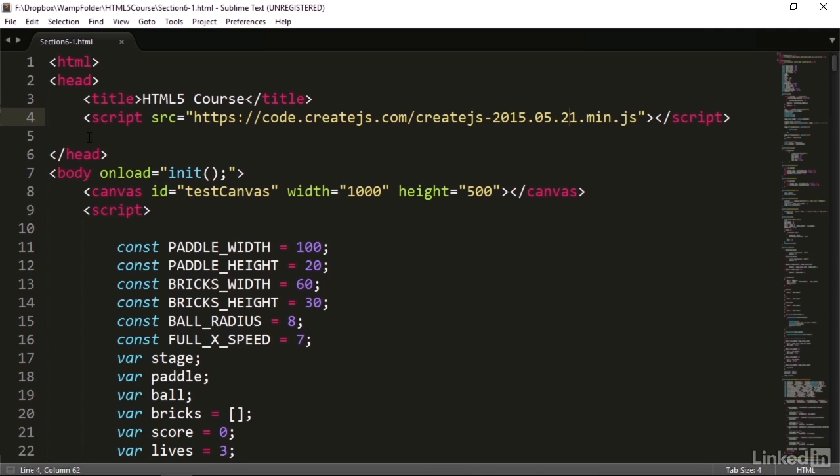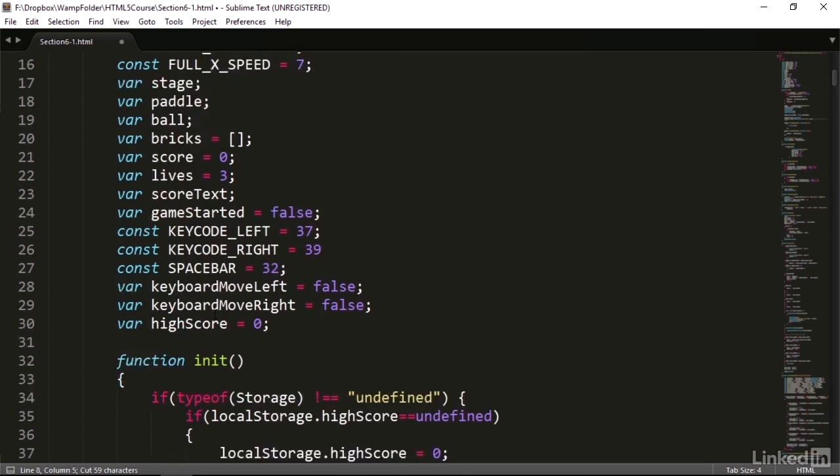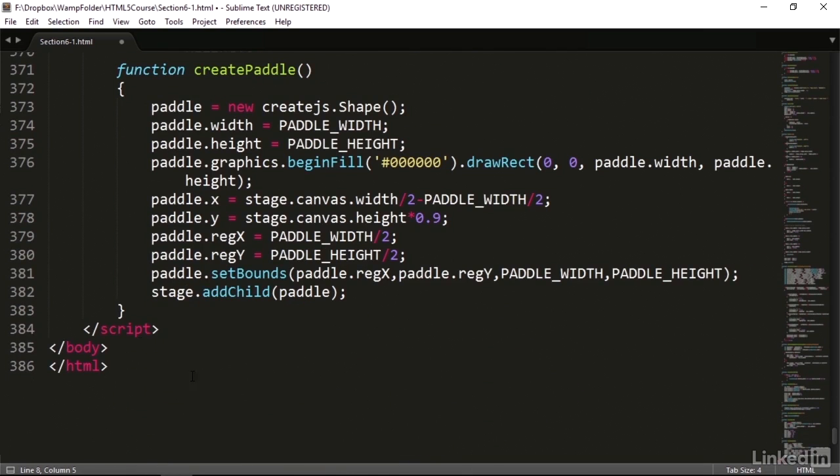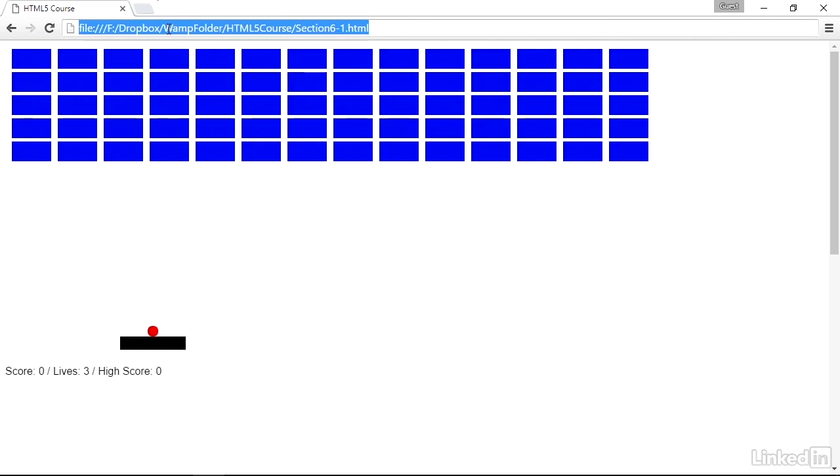So usually it's in an external JavaScript file, which you usually load in the head tag, and what usually happens is that developers don't write the onload event in the body tag, and since the canvas loads basically after the JavaScript file has loaded,